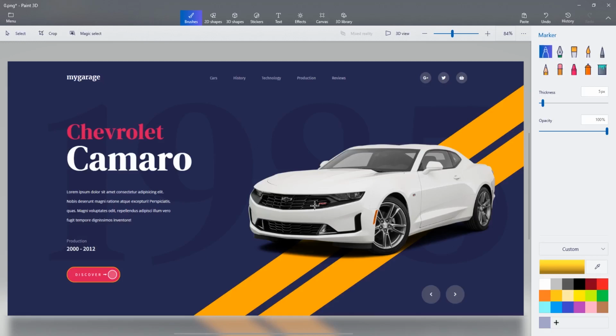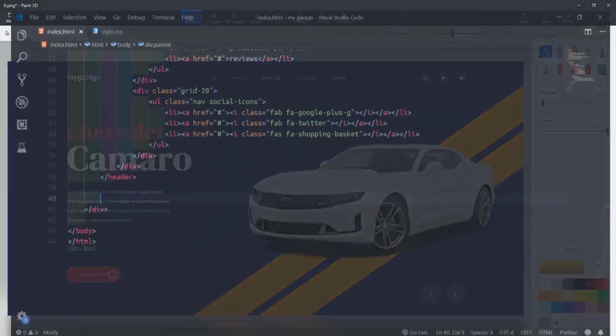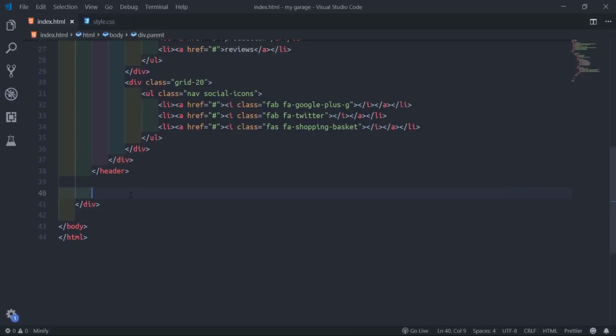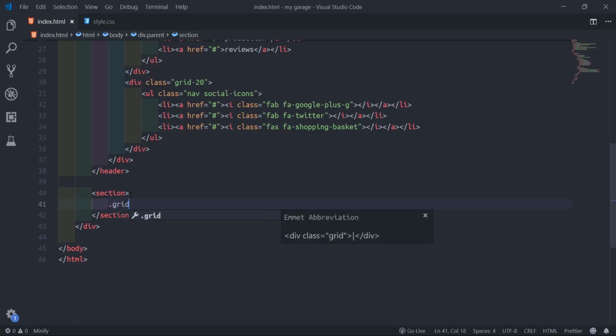So let's dive into the code. I'll come to this place and say section, then inside this section, I'll say grid container.